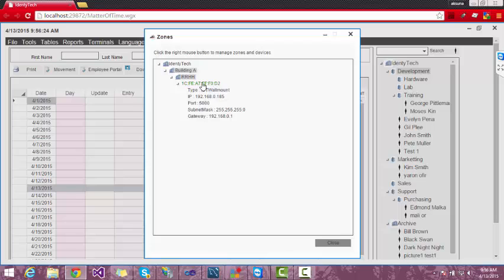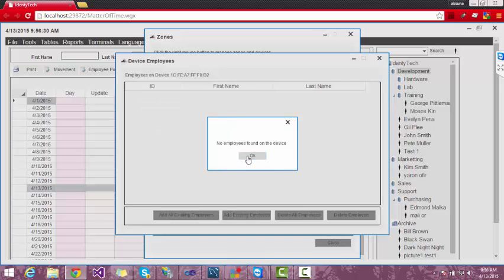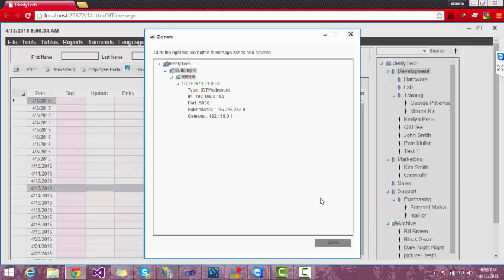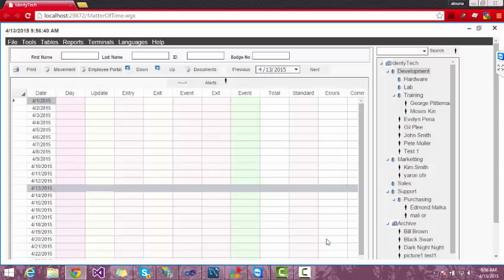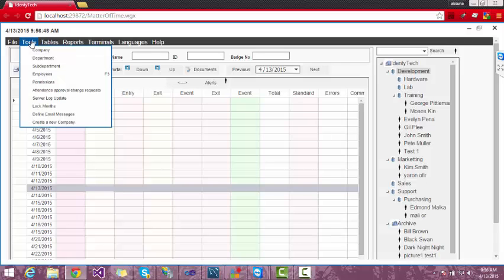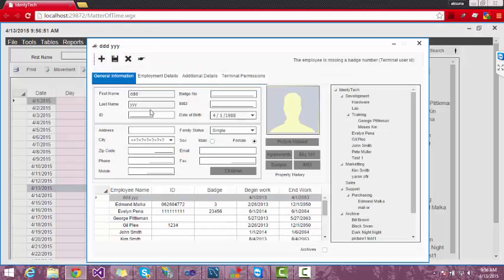So here I am also able to access the users that are on this device. For now there is no user, so now we will enroll one person using this same device. So we go to the employees option. In this option we are able to manipulate